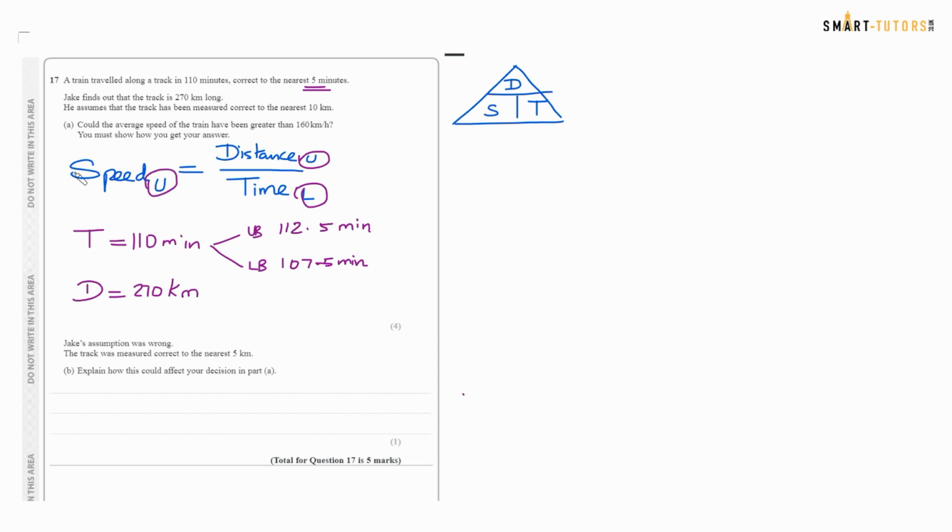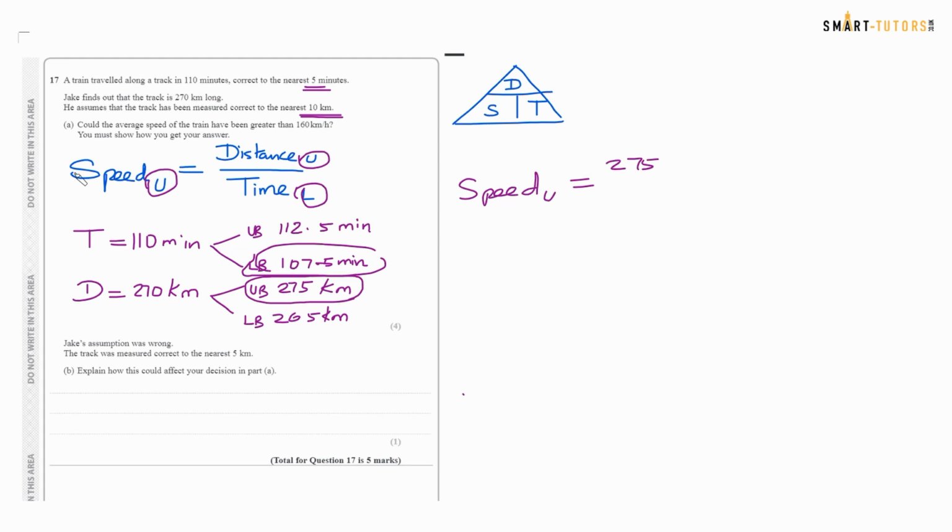And then distance is 270 kilometers, upper bound and lower bound. Nearest to 10 kilometers, divided by 2 is 5 kilometers. So add them up, 275 kilometers and 265 kilometers. So I'm going to use the upper bound of the distance and the lower bound of the time to get the upper bound of the speed. So speed upper